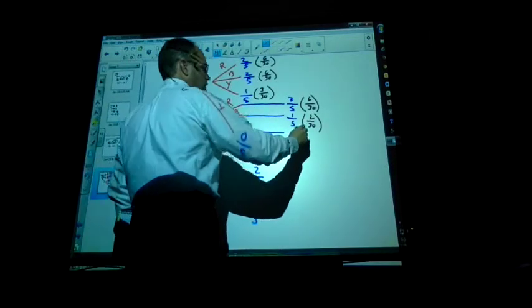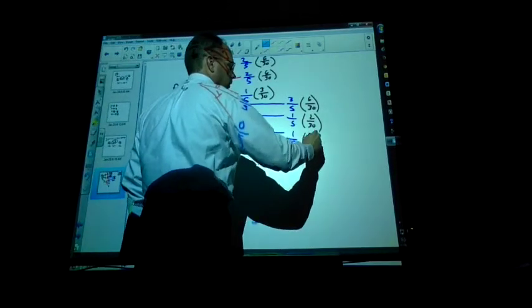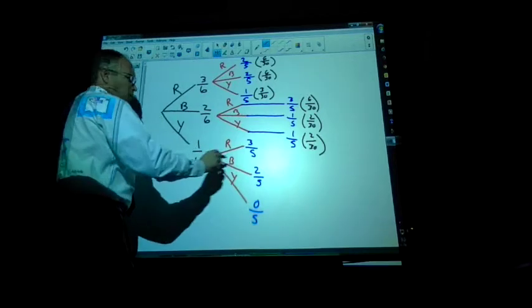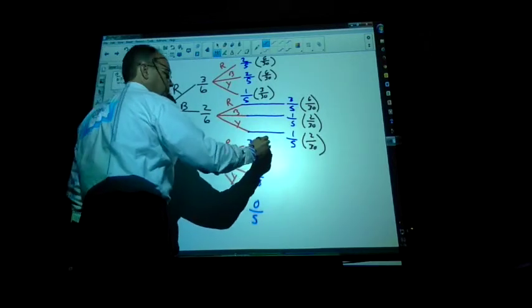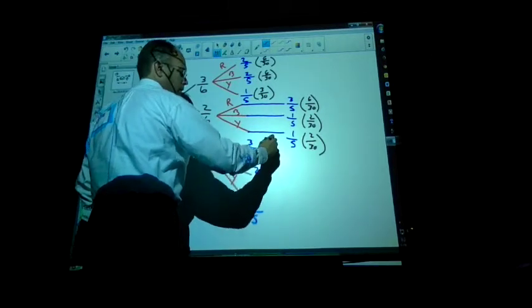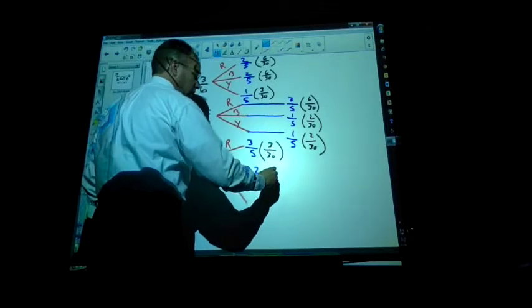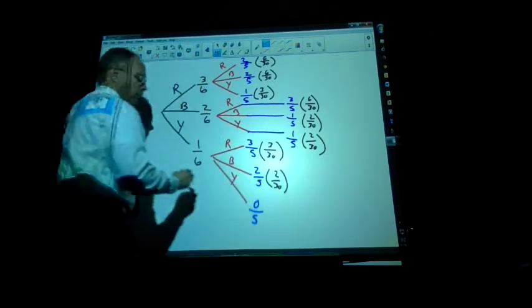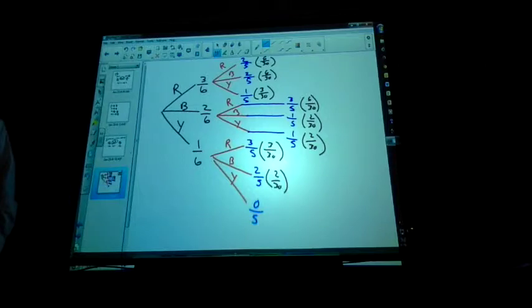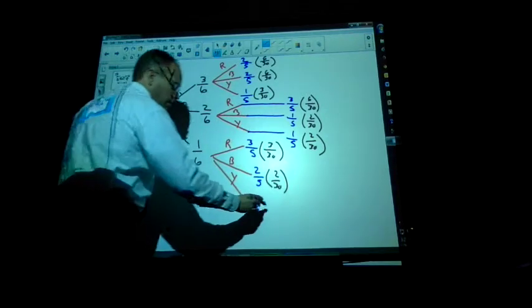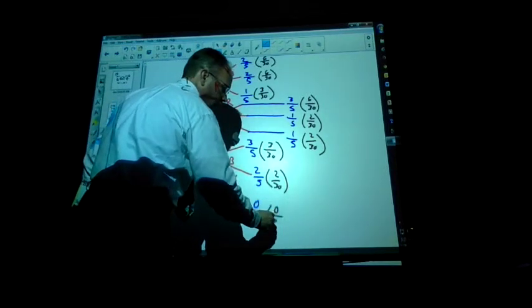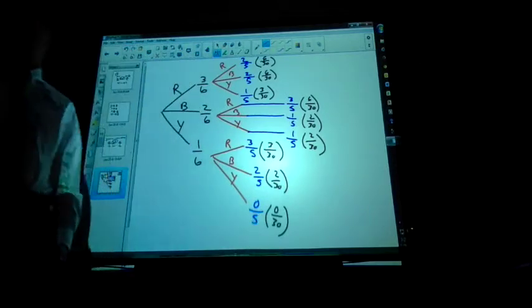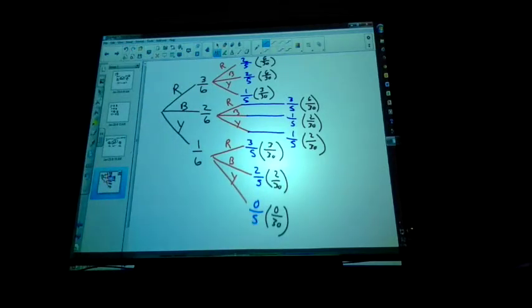This is going to give me 2 out of 30. If I take this branch, that's going to give me 3 out of 30. This is going to give me 2 out of 30. And the last one gives me what? 0 out of 30. And make it a point that you are writing that down. Don't be like, it's just 0, who cares? No, it means something. So now all of those fractions need to add up to be 30 out of 30